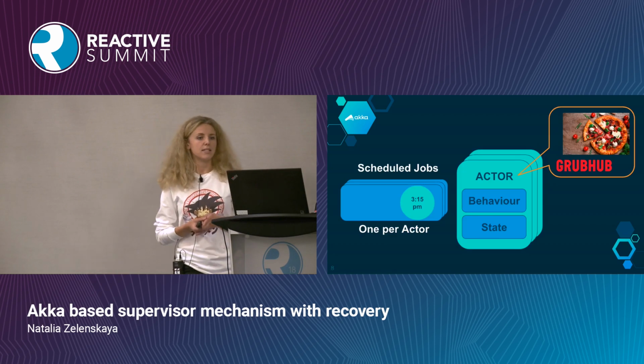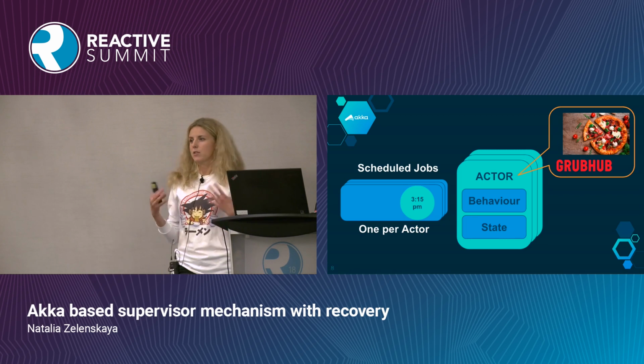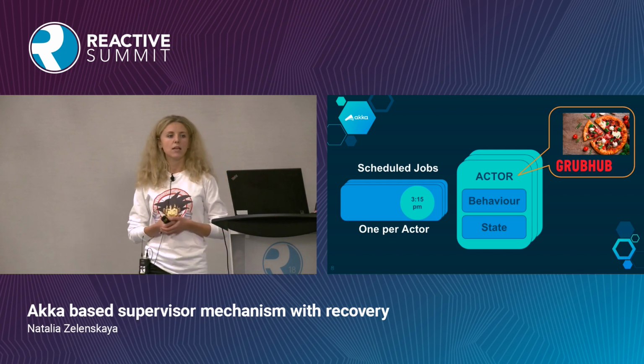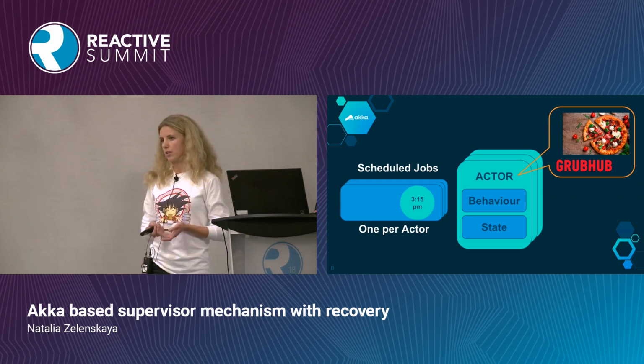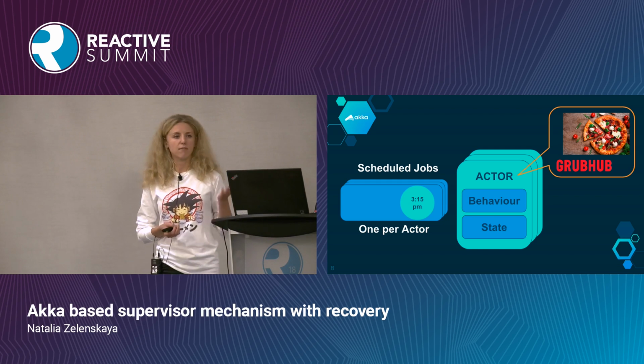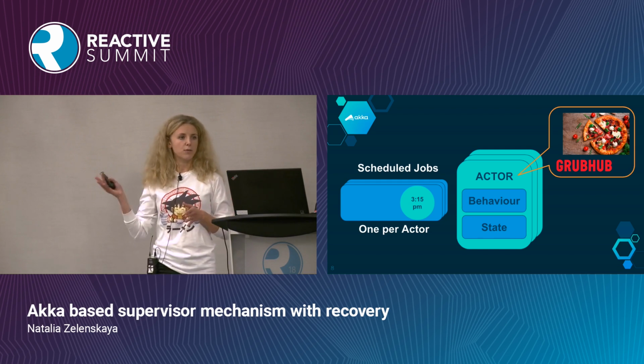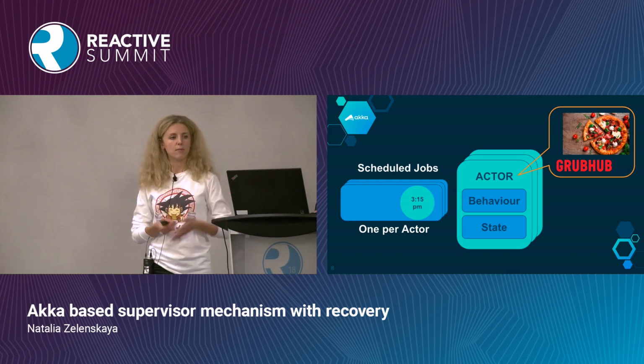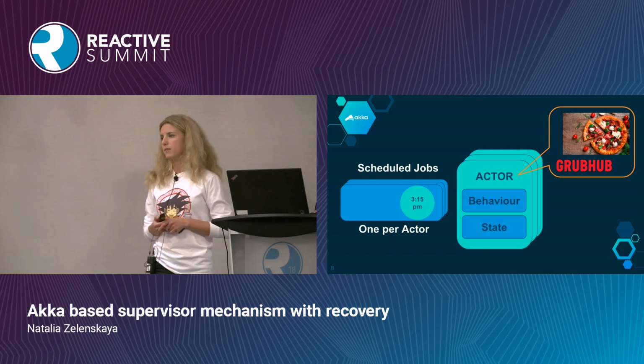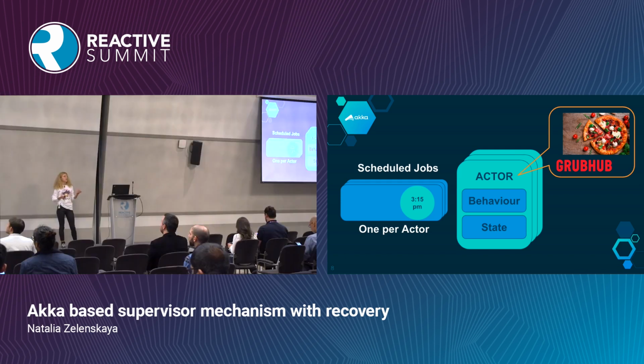So here you can see different Akka actors that represent different orders. They have their internal state representing the order in different periods of its life cycle, and they also might have some scheduled jobs associated with them. These scheduled jobs contain events somewhere in the future that will trigger order state transitions. For example, we can see our pizza order, and it already has a scheduled event at 3:15 associated with it. This might mean that at 3:15, this stateful actor will get an event saying that it's time to send this order to a restaurant.